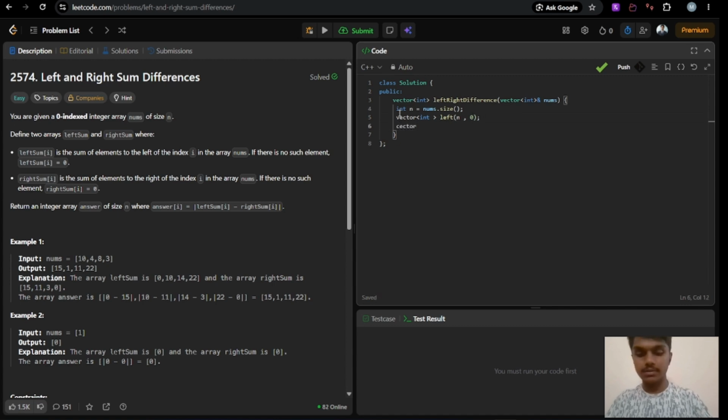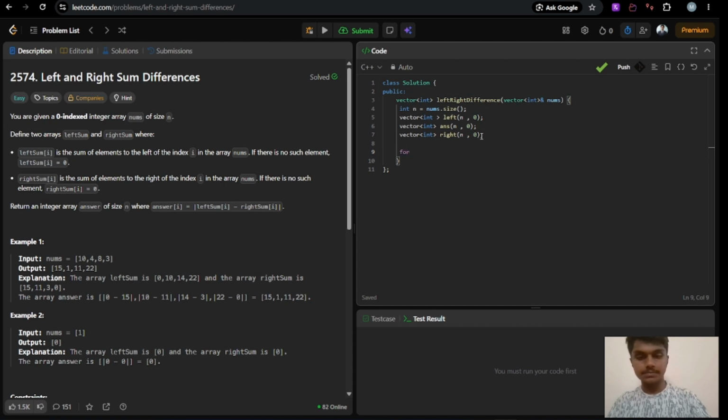The other vector will be for right, also with size n and initial value 0. Then another vector, which has to be created after both left and right vectors are filled, will be named answer,